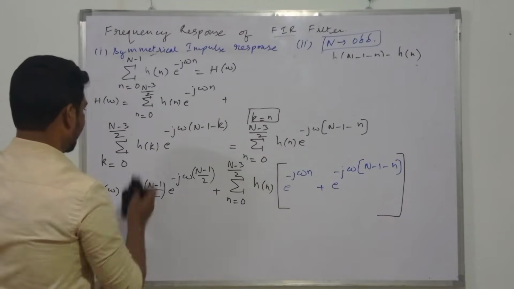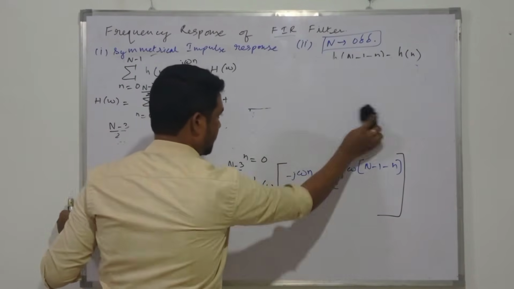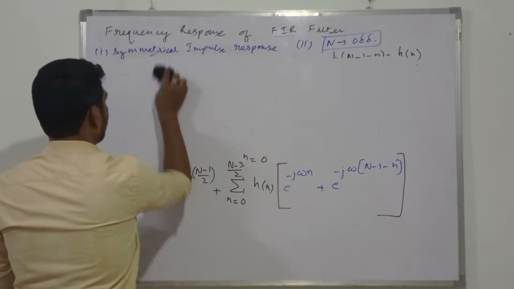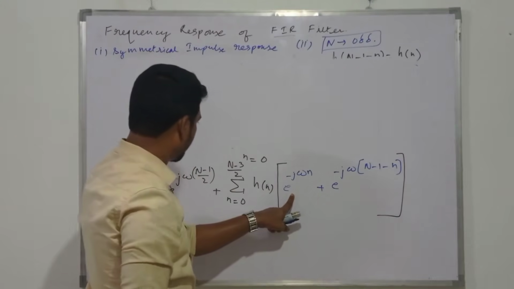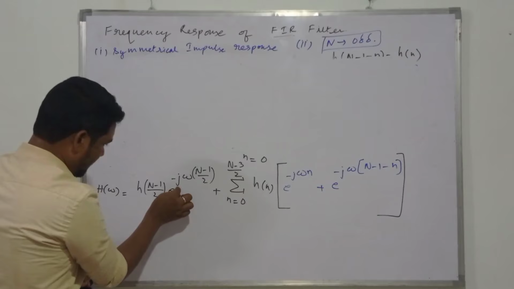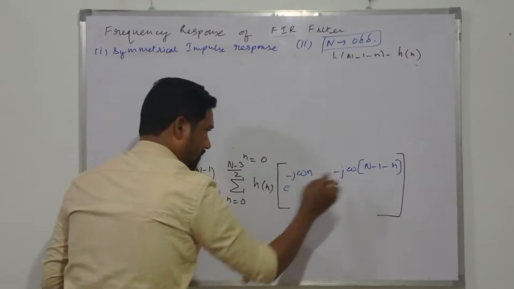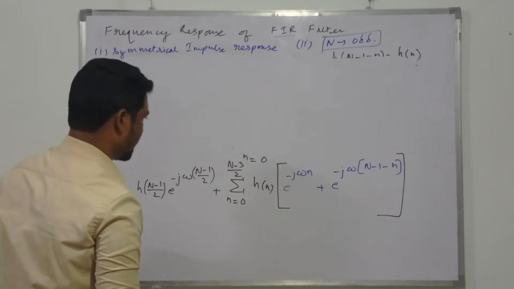Now a small exercise on the exponential term which is at the LHS over here. This one, a small exercise on this. This takes another form. This exponential can be transformed to, guys, somehow we'll have to take out e raised to minus j omega (n minus 1) by 2 as common from here and over here. Okay, so a small transformation over here.